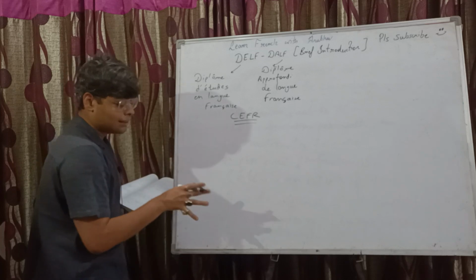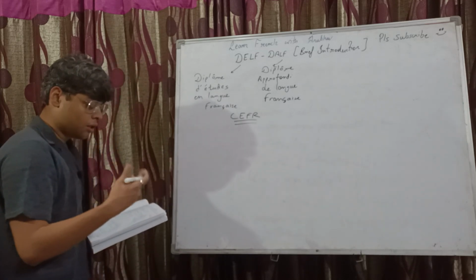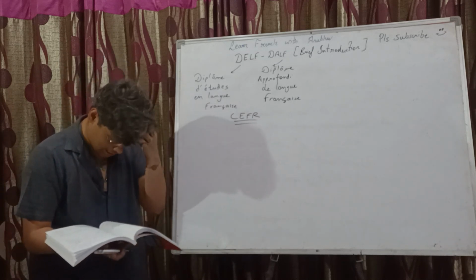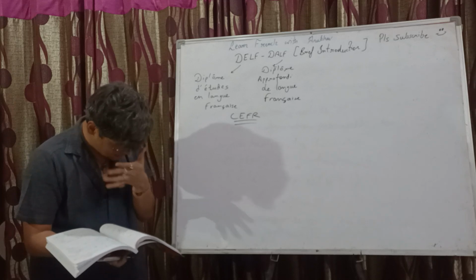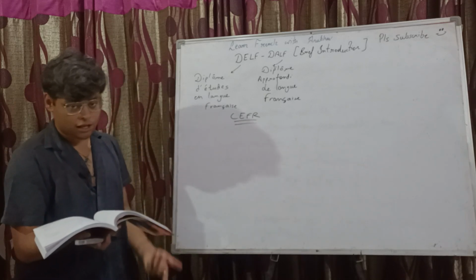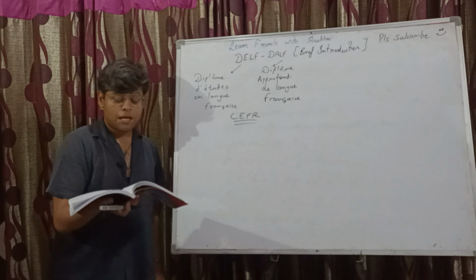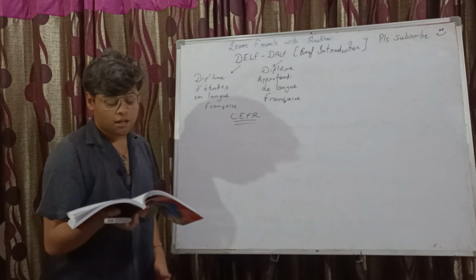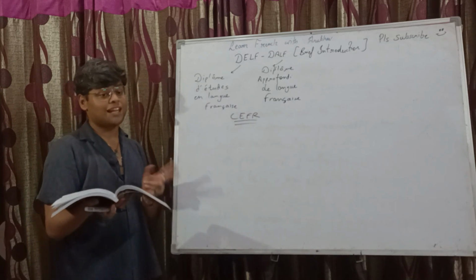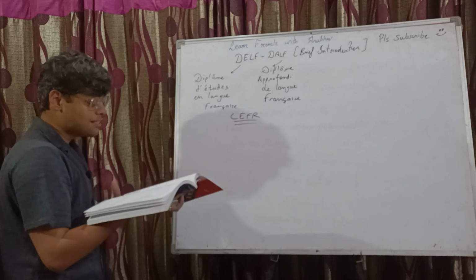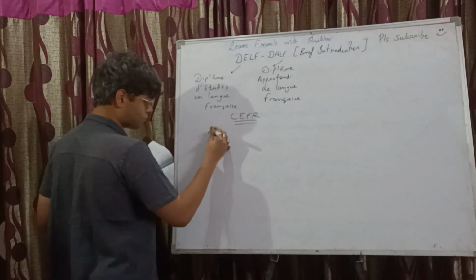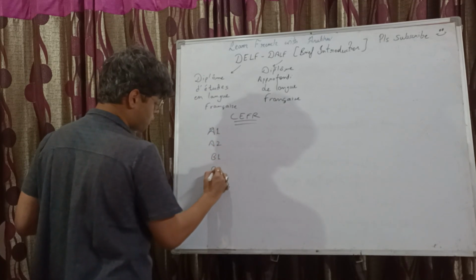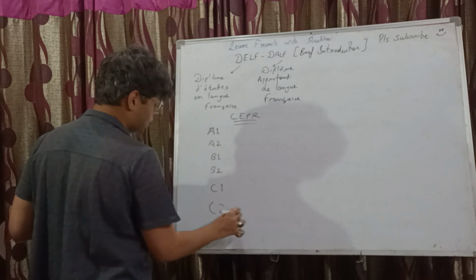It has mainly categorized the competency in a language in 3 broad categories: level A, level B, and level C. Level A is like your beginner level, elementary level you can call it. Level B is like the independent level, that okay, you are an independent user of the language. And level C is the advanced level, and those again have further parts: A1, A2, B1, B2, C1, C2.